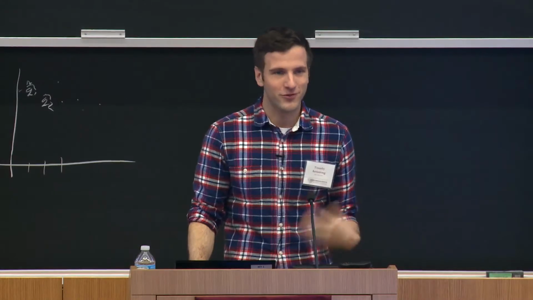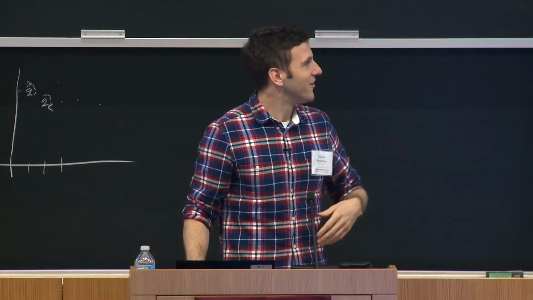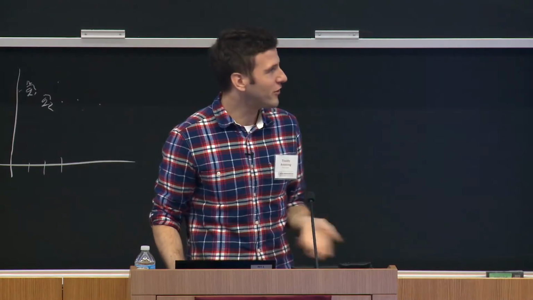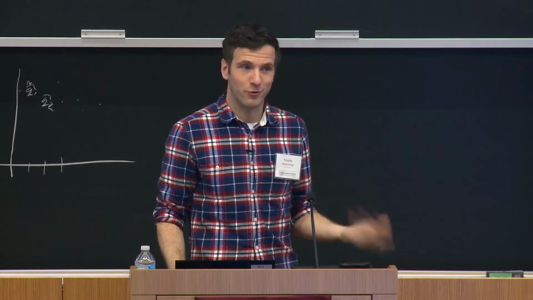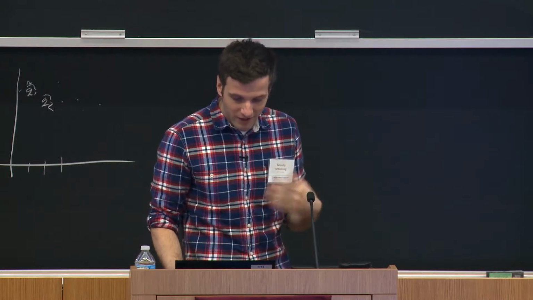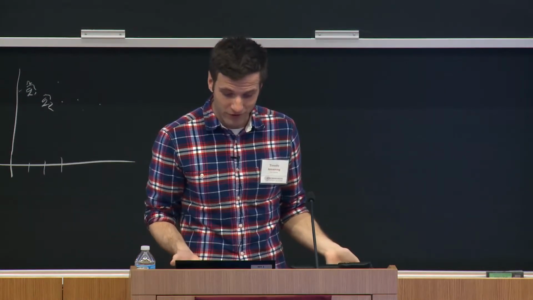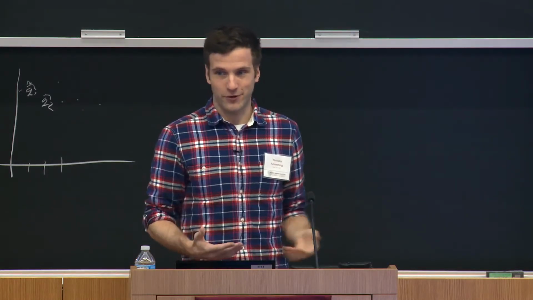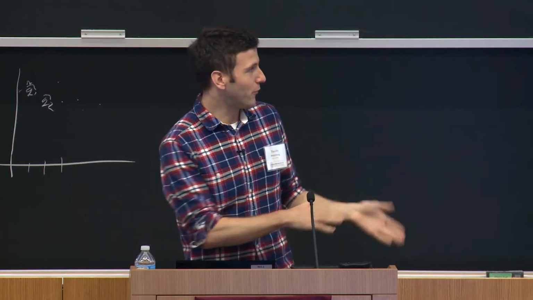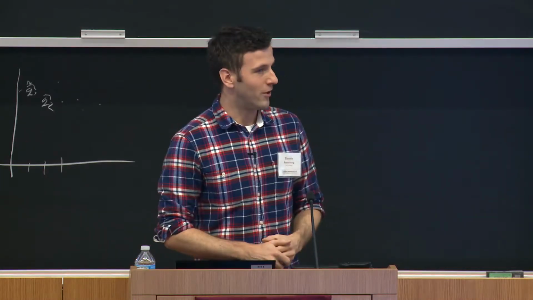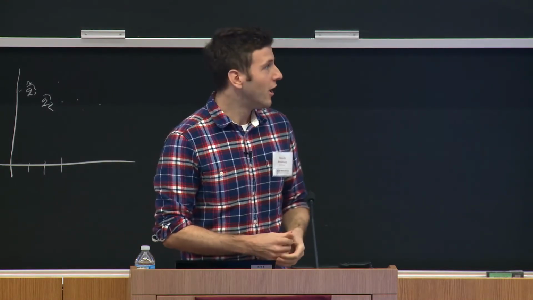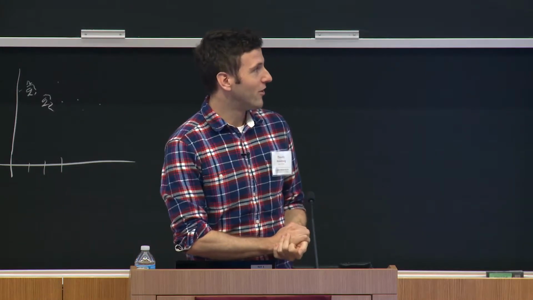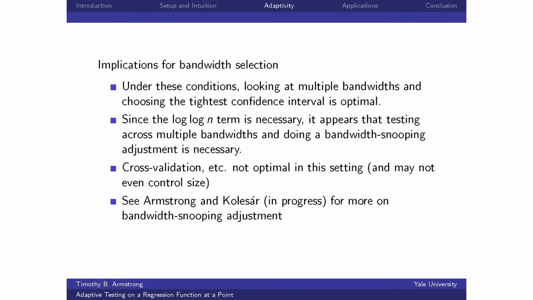Okay, so as I was saying, the log n stuff and the rates might seem a little bit obscure, but I think that there's a very clear prescription that comes out of this for empirical work, which is that in this setup, there's a certain sense in which you just can't estimate the optimal bandwidth and use that for your confidence interval without any sort of correction. We know that we can't do that in general from the Low paper that I cited earlier, but we might think that, with this monotonicity, we could somehow estimate it quickly enough. Well, in a uniform sense, if you want to do well in all these cases,